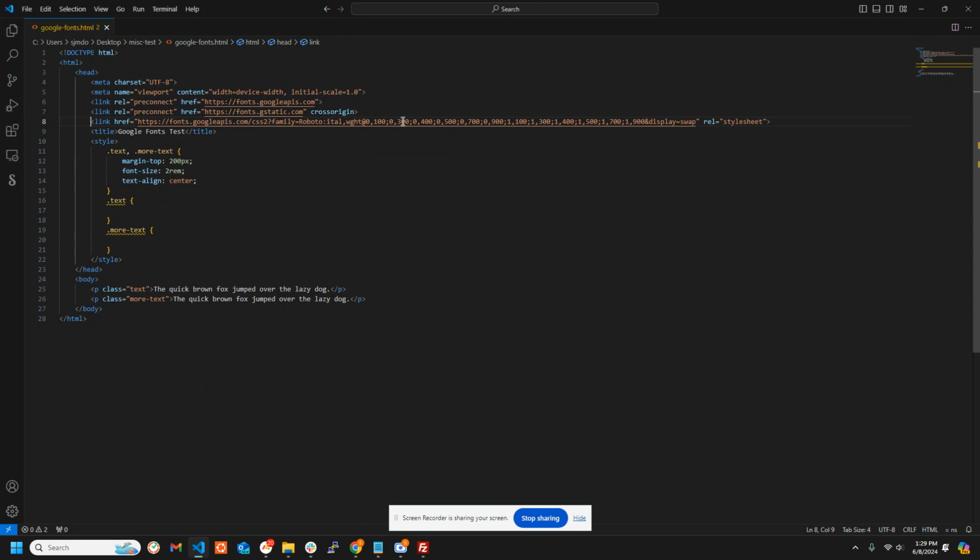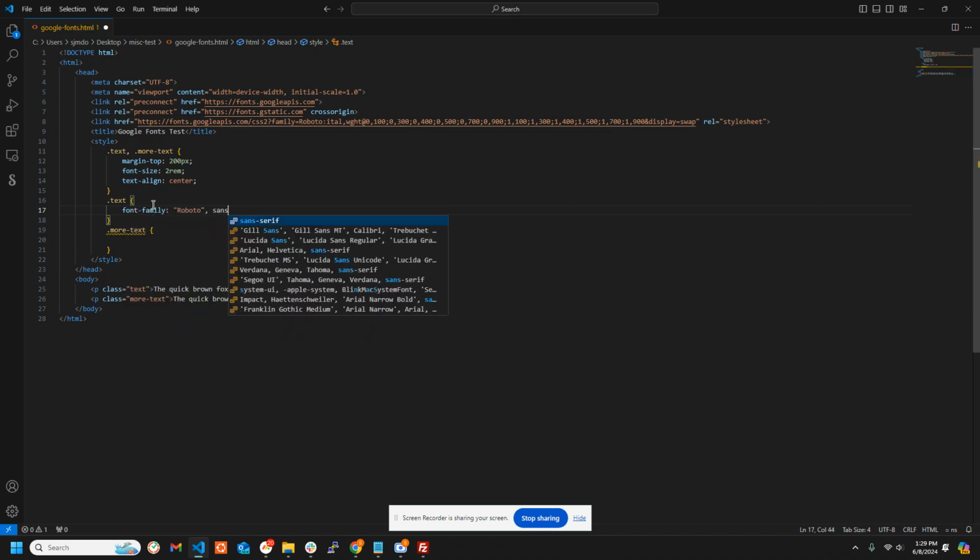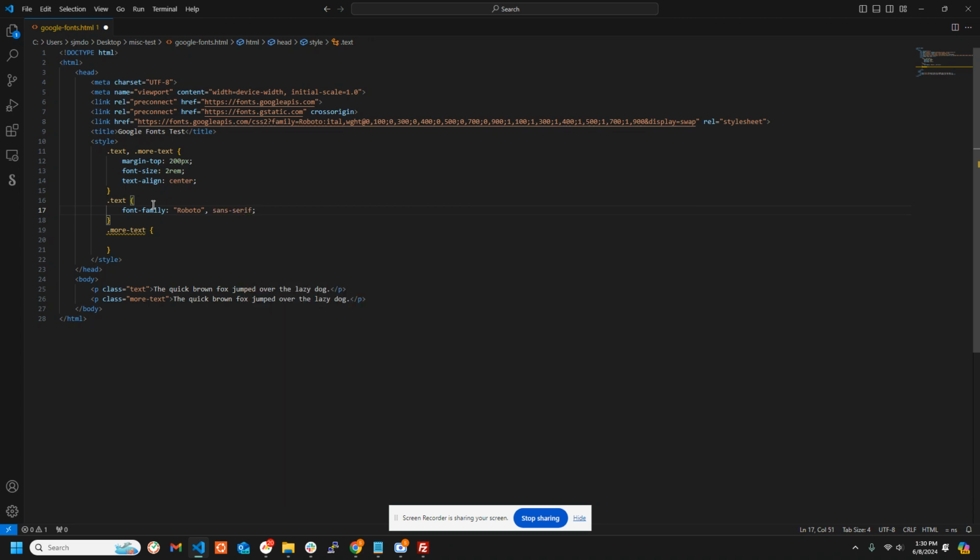We need to apply this font family to the text. So this text has a class name of text. So in our CSS, we'll do .text, which is our class name, and font family Roboto, and a fallback font of sans serif. Having a fallback font is important, and this should be like a system built-in font because while the browser is waiting for Google Font to download and apply it to the document, it will use this built-in